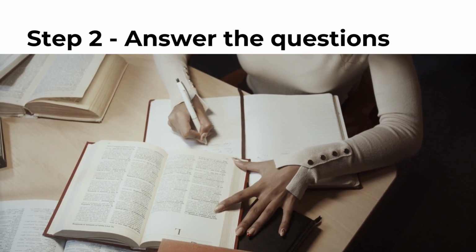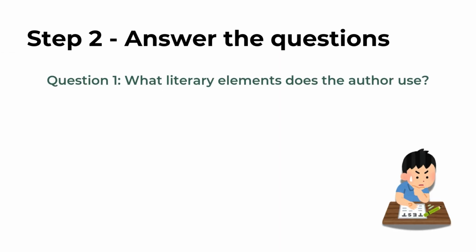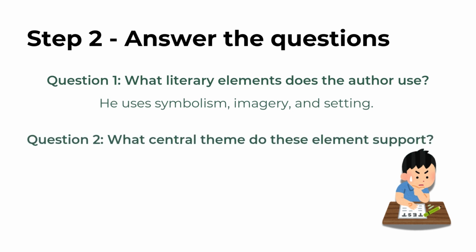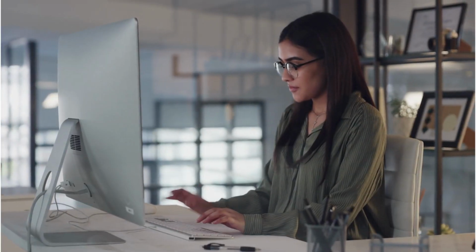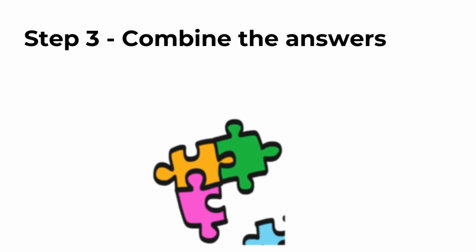So for our first question, which is, what literary elements does the author use? We can say that he uses symbolism, imagery, and setting. For the second question, what central theme do these elements support? We can say, these elements support the central theme of destructive wealth. Now that we have answered these questions, we can go on to the third step, which is combining them into